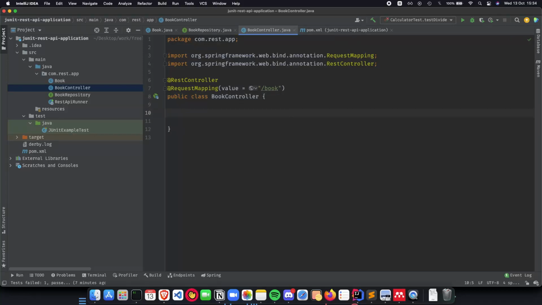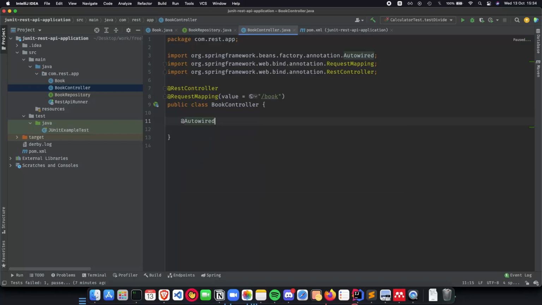So now we need to inject the book repository bean inside our controller so that we can do create, update, delete with it. We are not making a book service. We are just going with a book repository to handle our CRUD applications because we want to focus more on the unit test side, which we'll come to in a bit. But for now, we'll just create a boilerplate CRUD application. So do an autowired, and this will be book repository. And now with the help of this, we can actually start using our book repository and our book controller and start making all the changes that we need to.